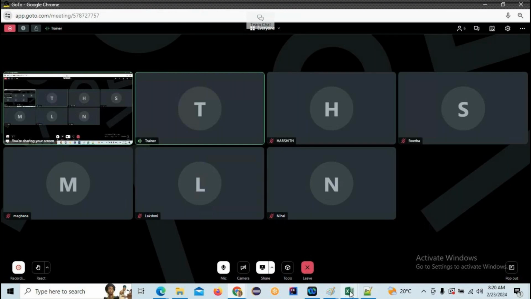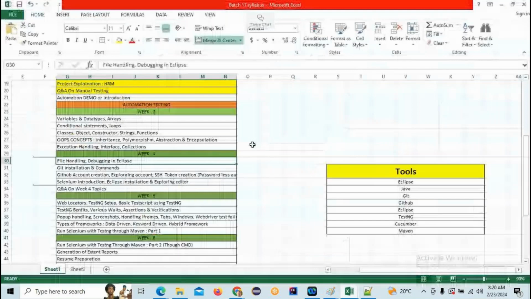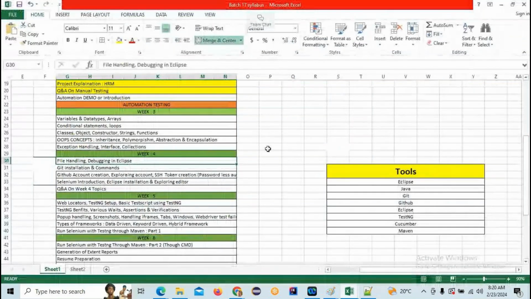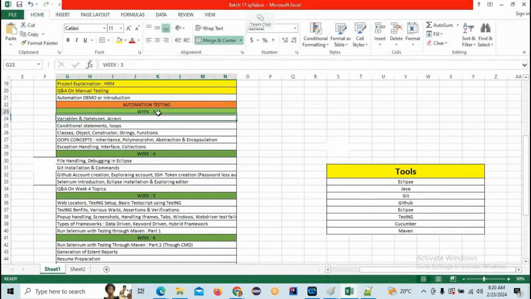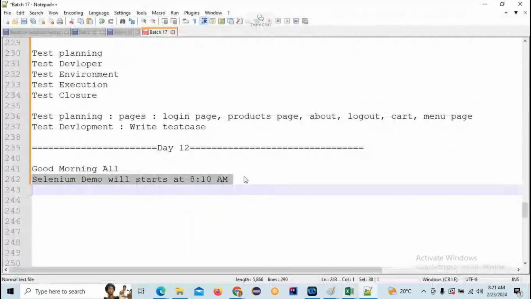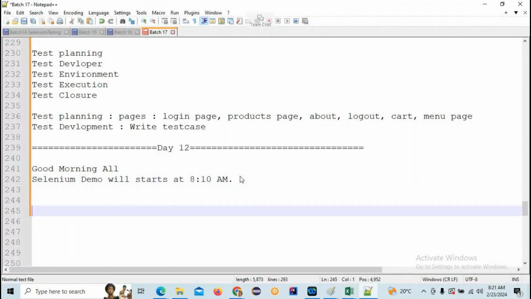Okay, so this is about the syllabus that you are going to learn in the further classes. The classes will start from Monday. Week 3 classes start from Monday itself. And for the people who joined newly, I'm just quickly giving insights about what documents you are getting by the end of the course.